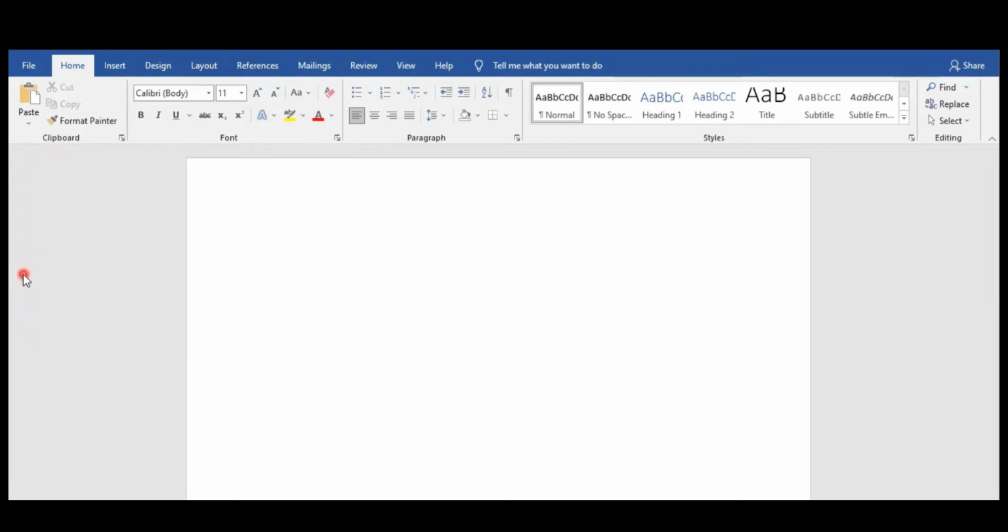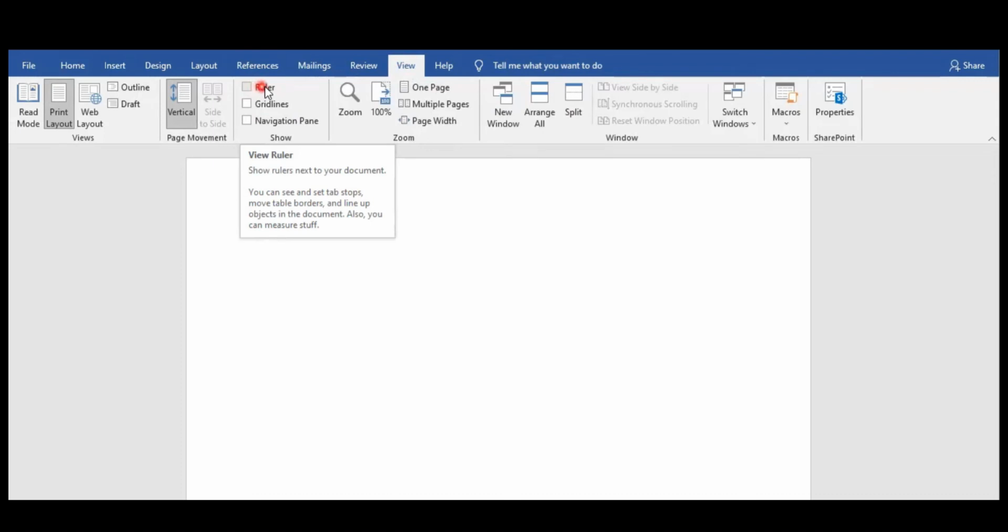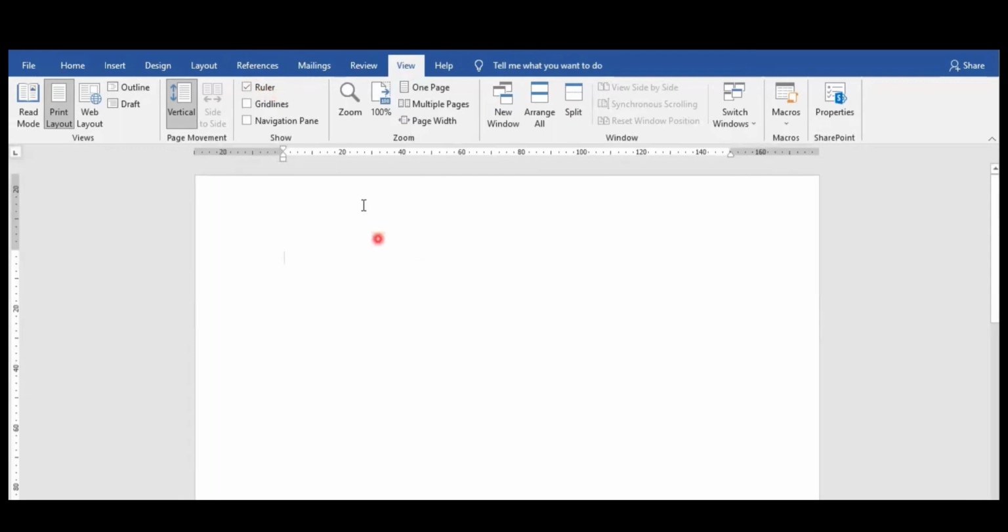If you don't see it, simply go to the View menu and click on it. You will see here Ruler being unchecked. So what you need to do is to check it here, and it will display your horizontal and vertical ruler. If when you click on the View menu and then go to Ruler, it has already been checked, but